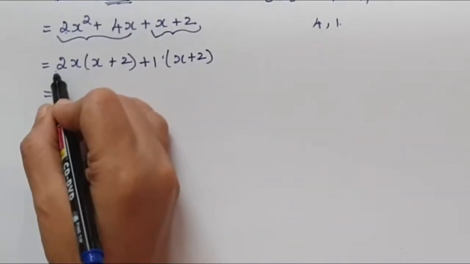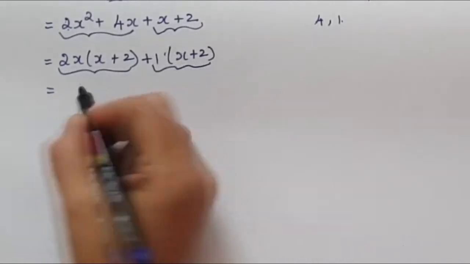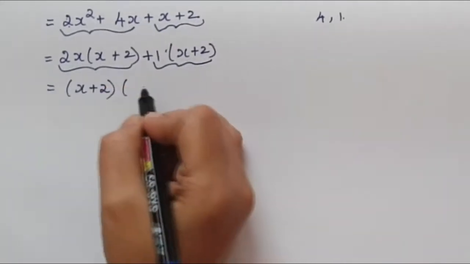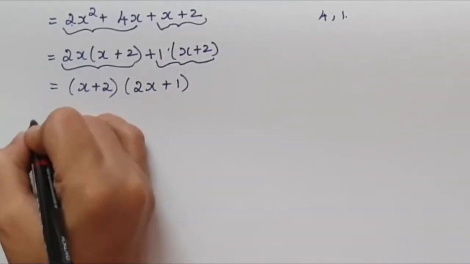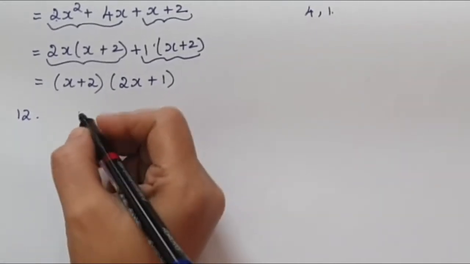So now this is one term and this is another term. So x plus 2 is common in those two terms. Take that x plus 2 outside. So the left out is 2x and then a plus 1. Now we'll see a few more examples. So then the next one is